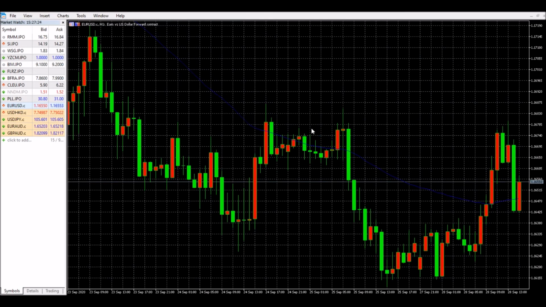So this is also a very good place to buy, right above the moving average. This is also a very good place you can buy. So guys, take note of that. Just wait for the price to come to you so that you buy, and then you can endure the pullback